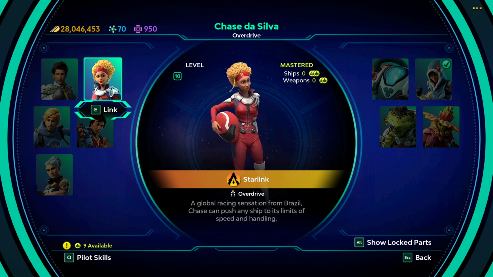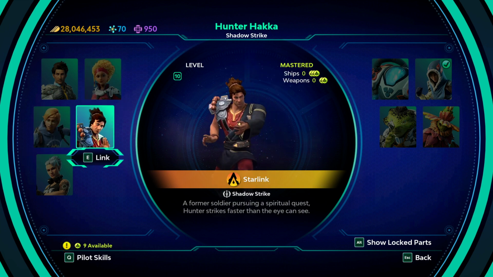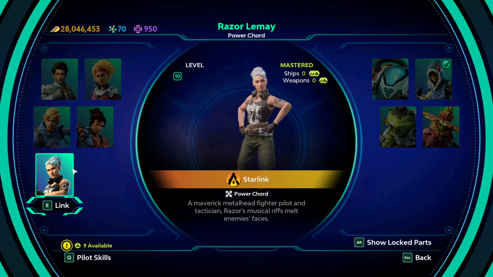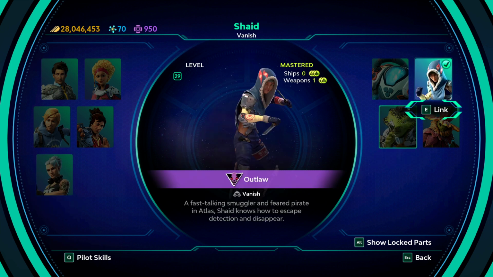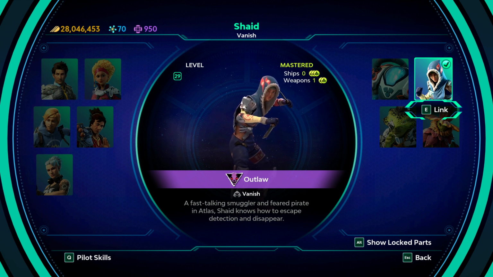So if I want to use her, I can use her. If I want to use him, I can use him. They'll be switched on the fly. The game allows you to do that. Each one has a special ability. It's a Shadow Strike for this person, Power Chord for this one. I mostly used this character because I like the Vanish ability, which makes my ship invisible,